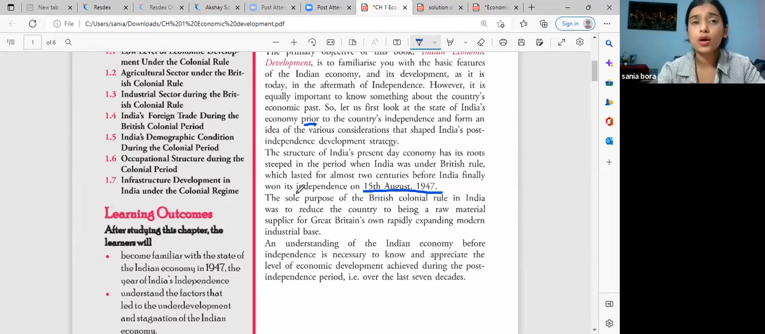Okay. Now, Britishers came to India, right? They were ruling India. So what was the purpose? Why did they come to India? The sole purpose, sole is basically one single purpose. The sole purpose of British colonial rule in India was to reduce the country